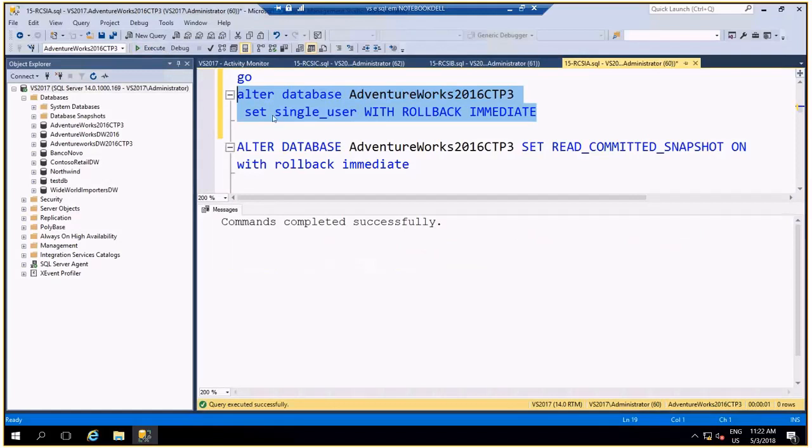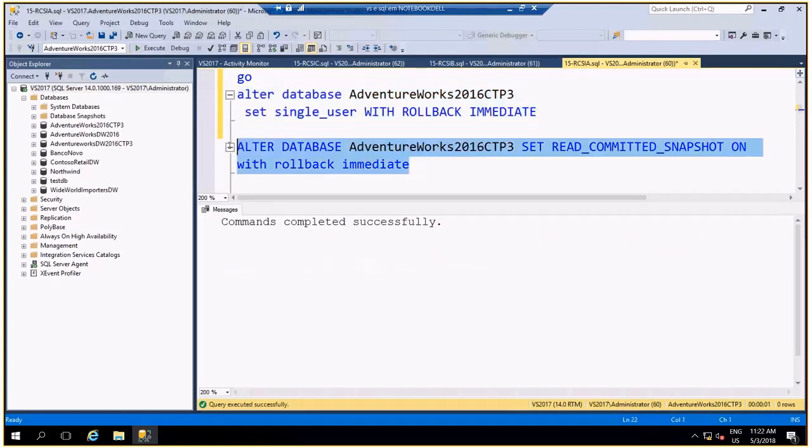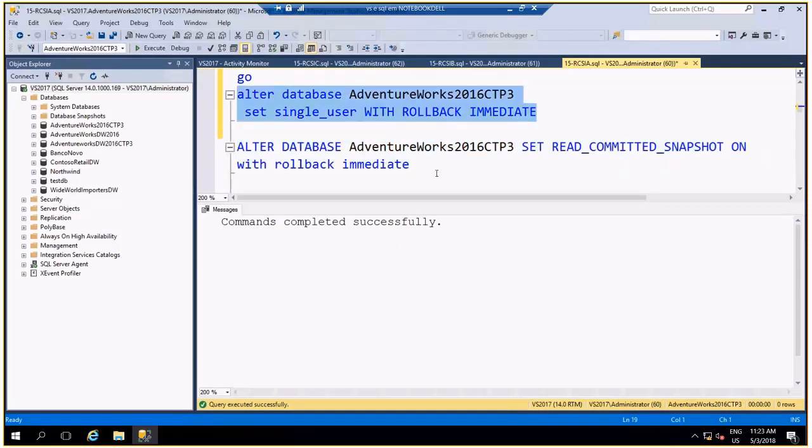Now it worked, it's on single user. Now I enable the read commit snapshot and I set to multi-user again.